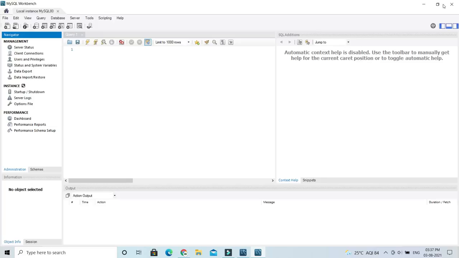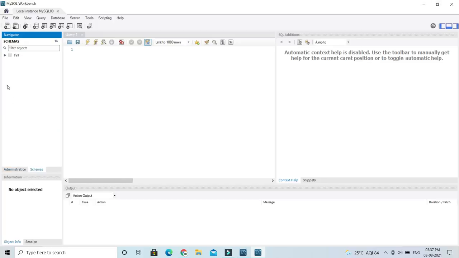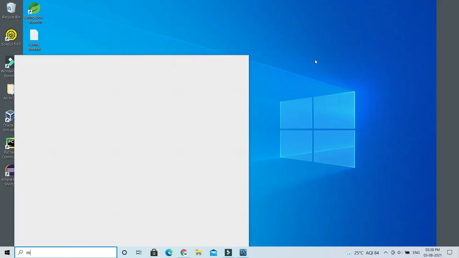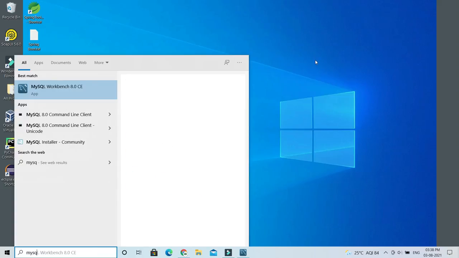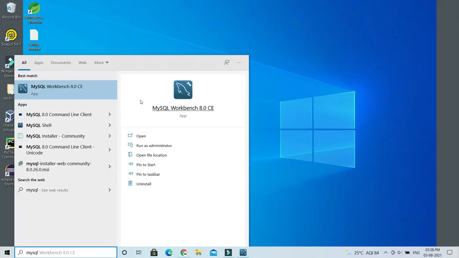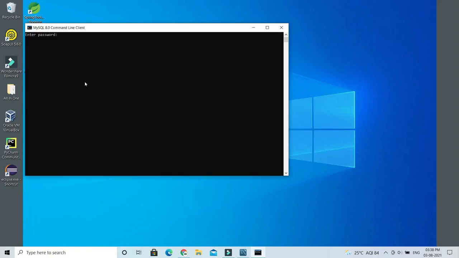Now if you want, here under Schemas, if you click, then you can see all the default schemas. And if you search for MySQL, then here you can see MySQL Client. Using MySQL Client you can enter the root password and press Enter.